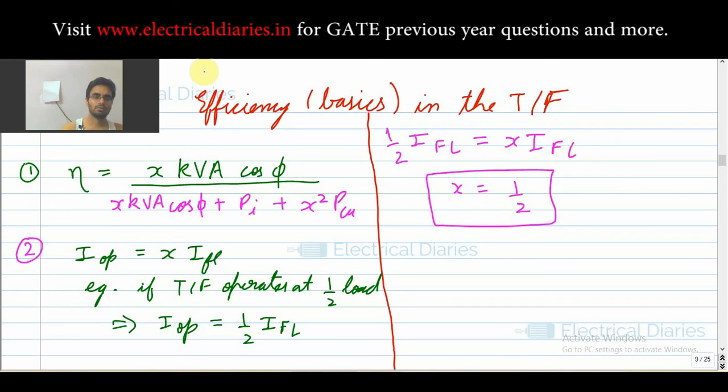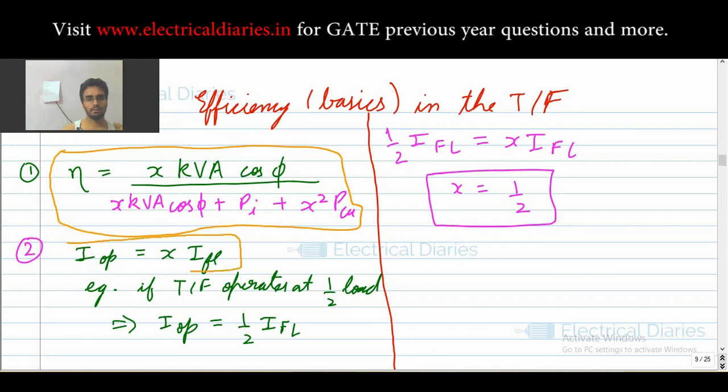So you have to remember these two equations, and I'm guaranteeing you that many questions you will solve if you know how to put values in these. You just have to take care for x, and this Pi remains the same. It is not affected by the loading. You have to calculate it for the rated conditions, and your PCU is for the rated, but you have to vary this x accordingly. Cos phi is the power factor, kVA is the transformer rating. Okay, so that is all the thing.